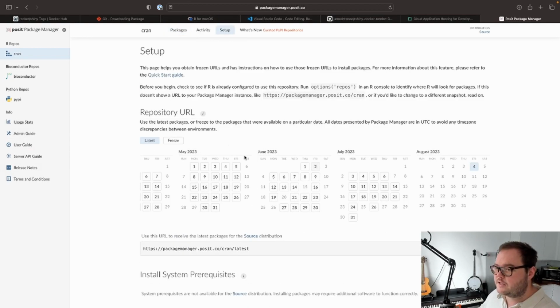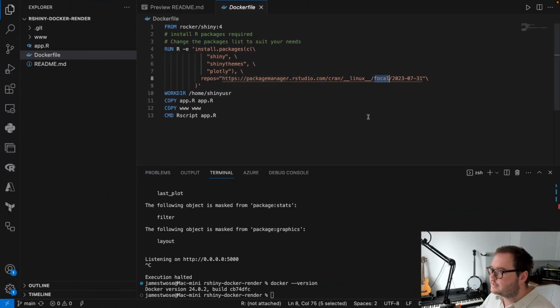And basically the whole point of this is to make sure that you can use stable snapshots of packages. In the past, R wasn't great at maintaining versions, so things could change quickly and often within the main packages that you were using. So this is just a way of saying, I want the Shiny version, let's say, specifically from CRAN, specifically from Focal, which is a Linux type,